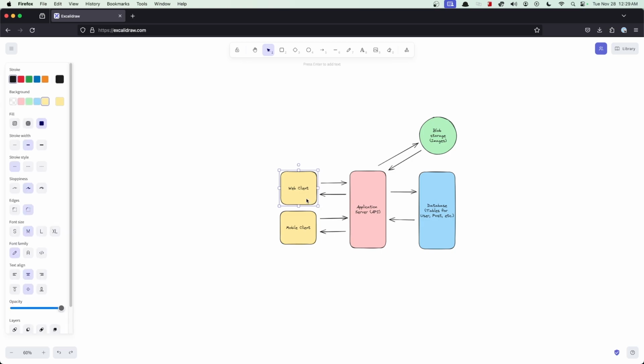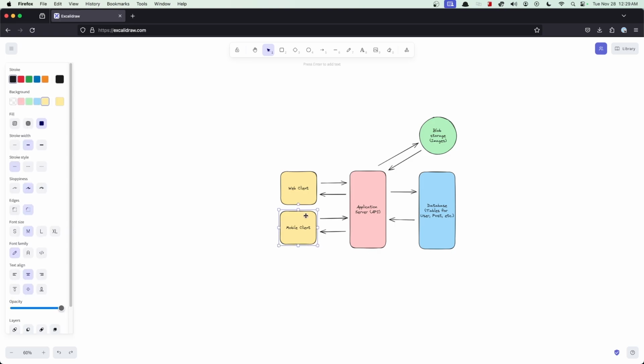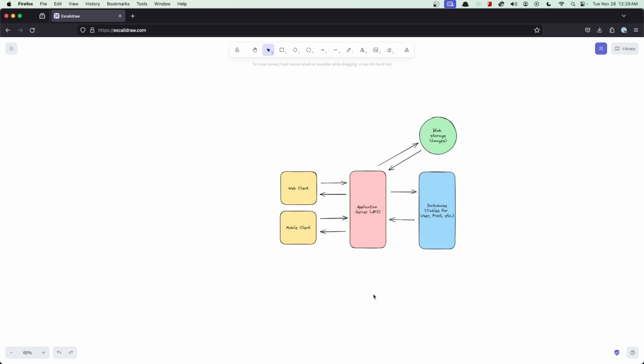And then the web client will likely live on a CDN, something like Cloudflare, or be deployed to Netlify or Vercel or one of those services. Then the mobile client obviously is going to be an app that runs on someone's phone. So yeah, this is all super high level. There's nitty gritty stuff that we could get into, but